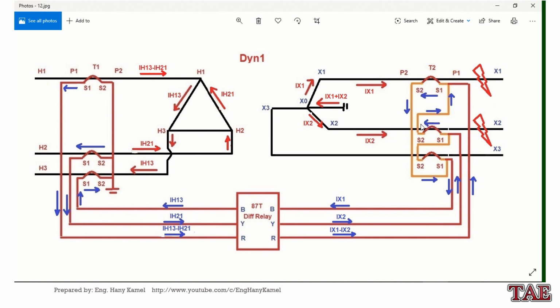We have the same in CT also from S2 to S1. So the same